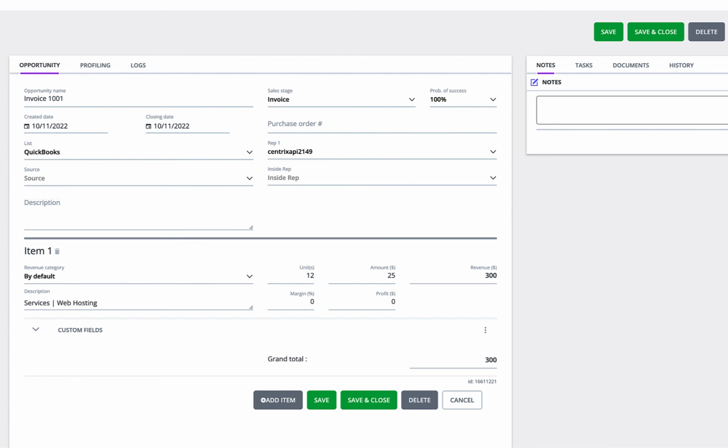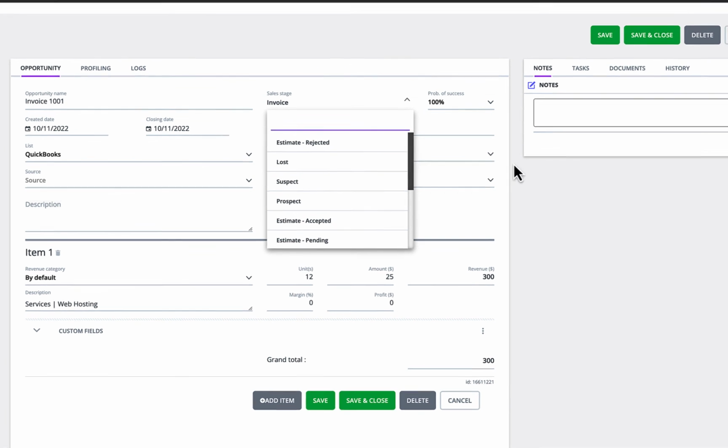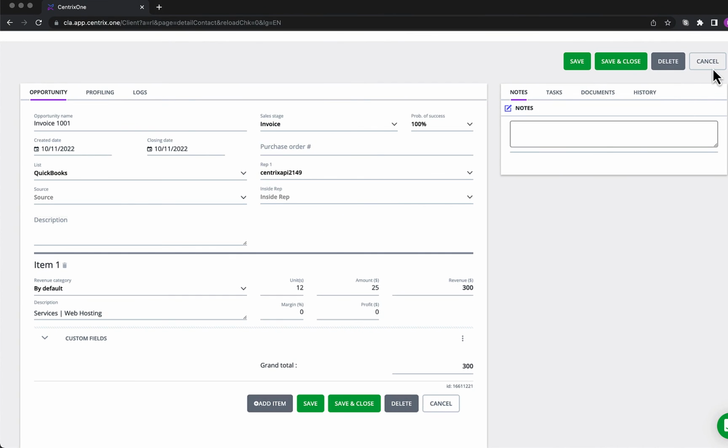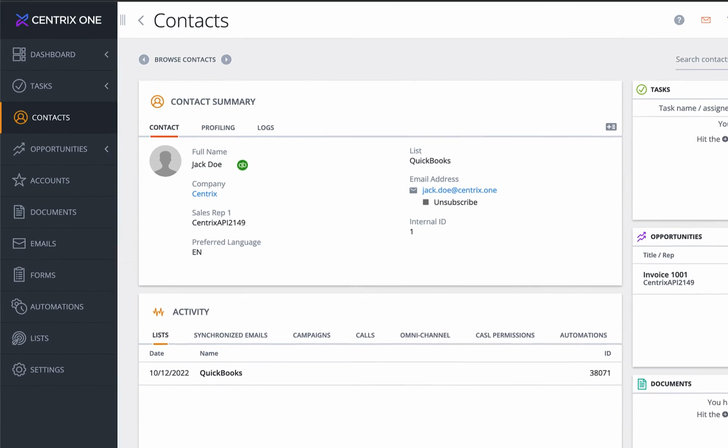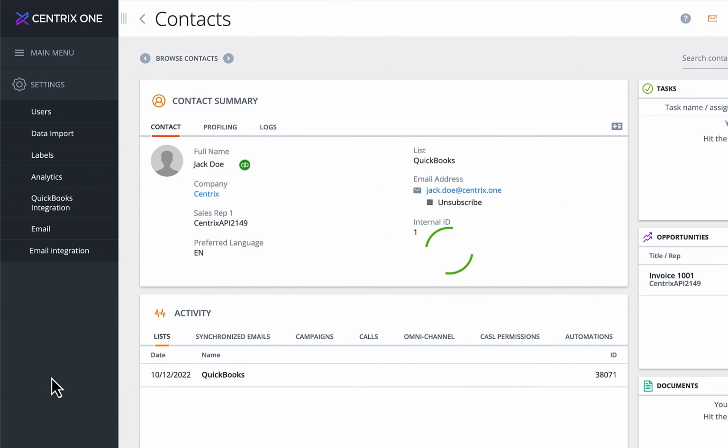If an estimate and sales labels have been created in QuickBooks, these will also be imported into CentrixOne. Sales stages are visible here. Sales labels can also be viewed in the Settings module. Under Labels,